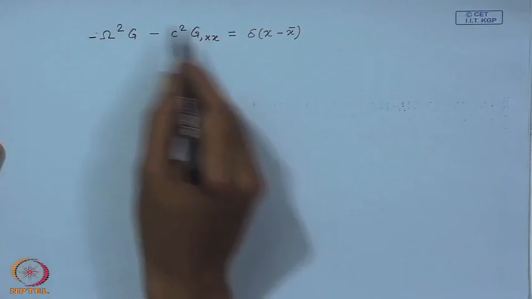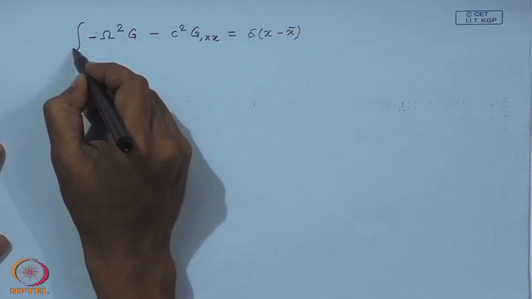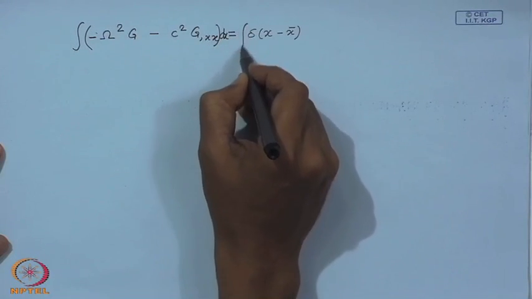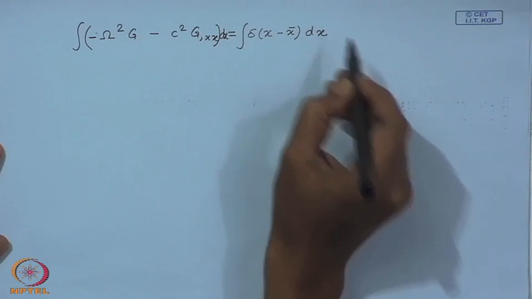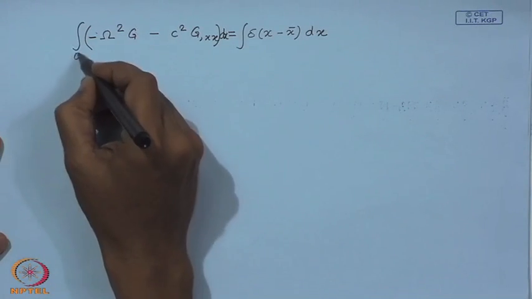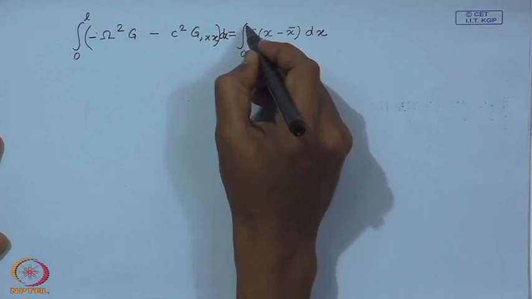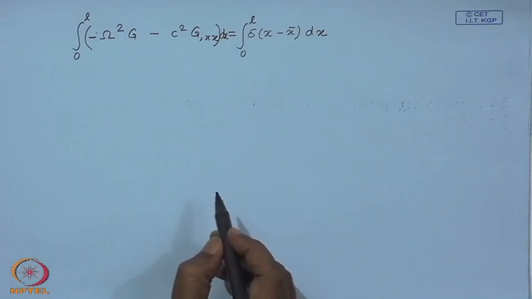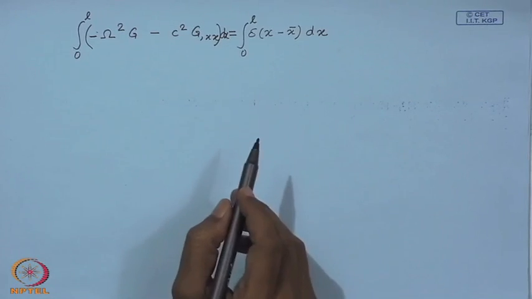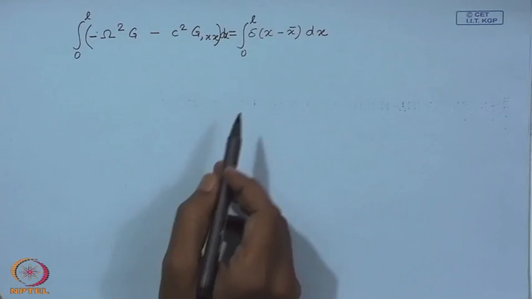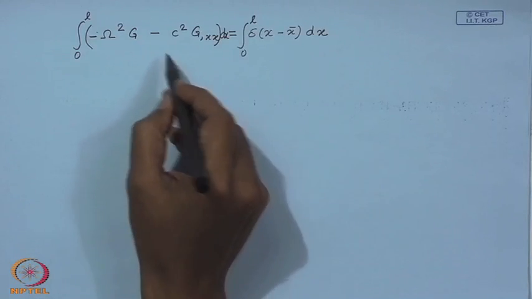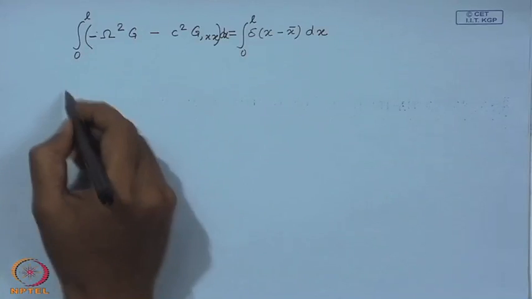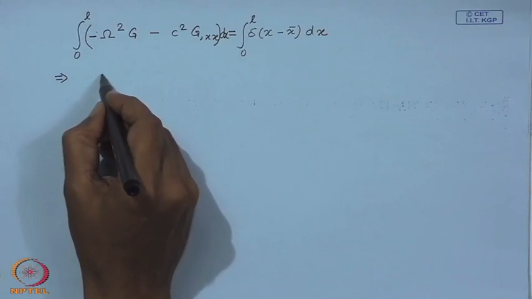If we integrate this equation on both sides over the domain of the string, then we can easily obtain the fourth condition, which is nothing but the force balance condition at the junction x equal to x bar. So, this therefore implies